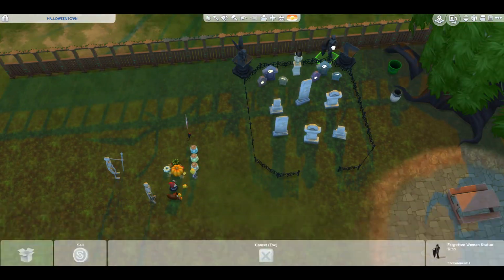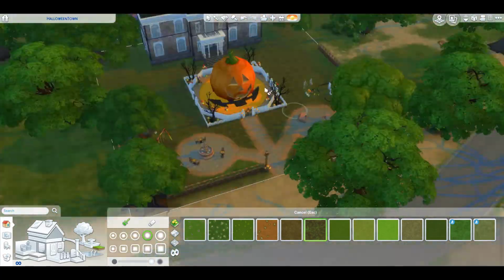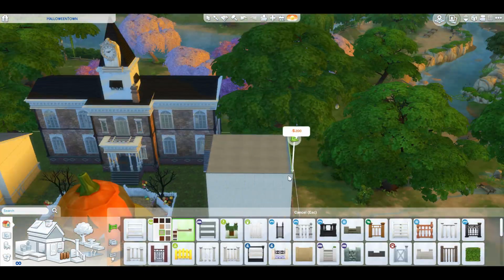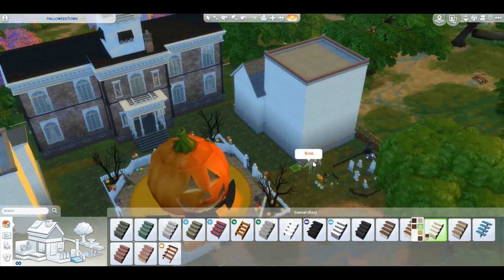Now I'm just making a tiny little graveyard. I don't know why. I just thought it was a nice little space filler there. And now I'm finally working on those buildings I was talking about. So yeah, I end up making those 4 different town